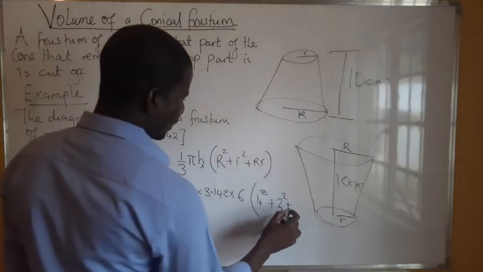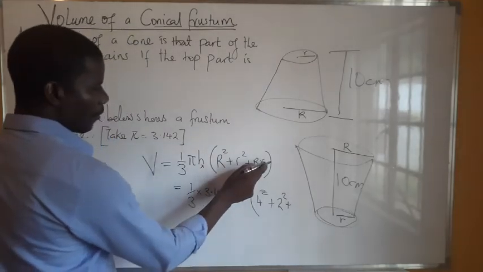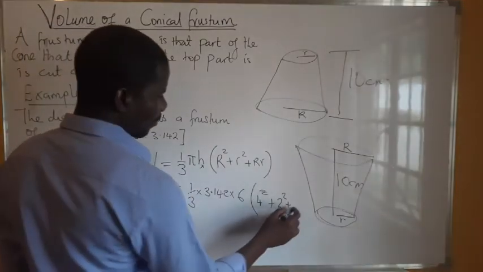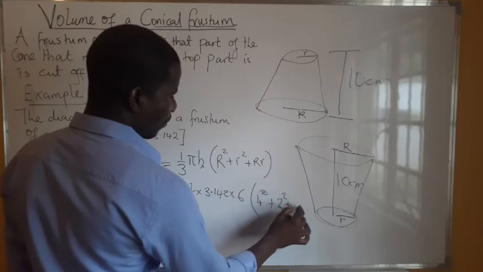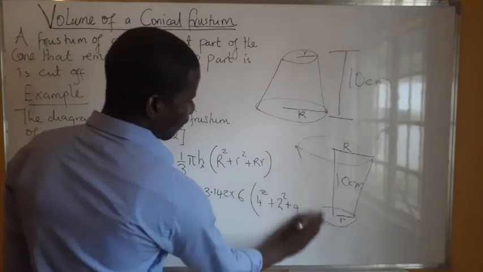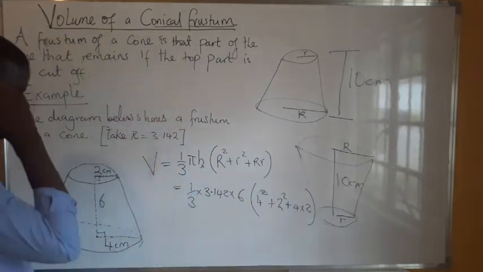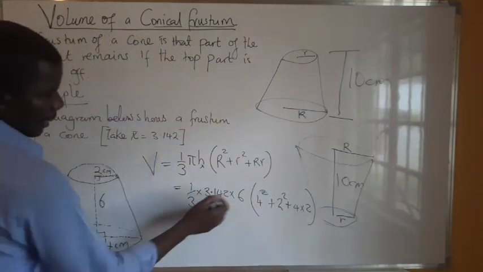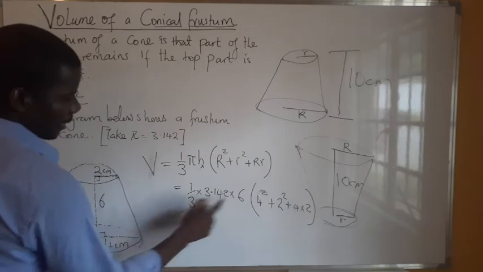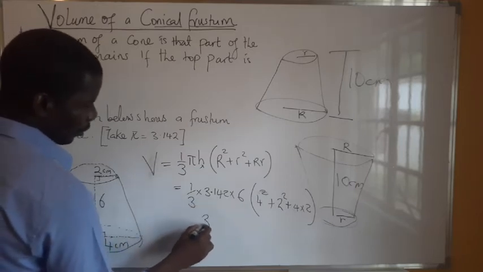Squared also, plus this is 4 now multiplied by 2 without being squared. 4 multiplied by 2 without being squared. Okay? So now we can go on this into 6. 3 into 6, what do we get? It's 2. So we have